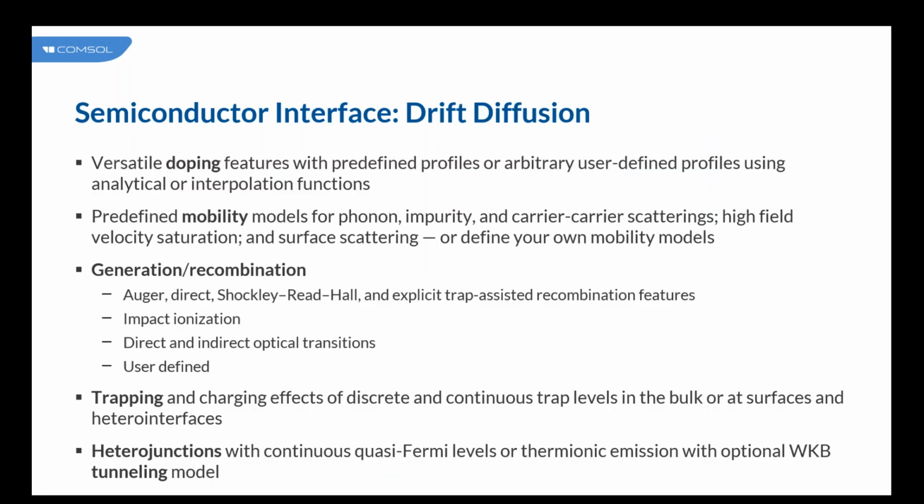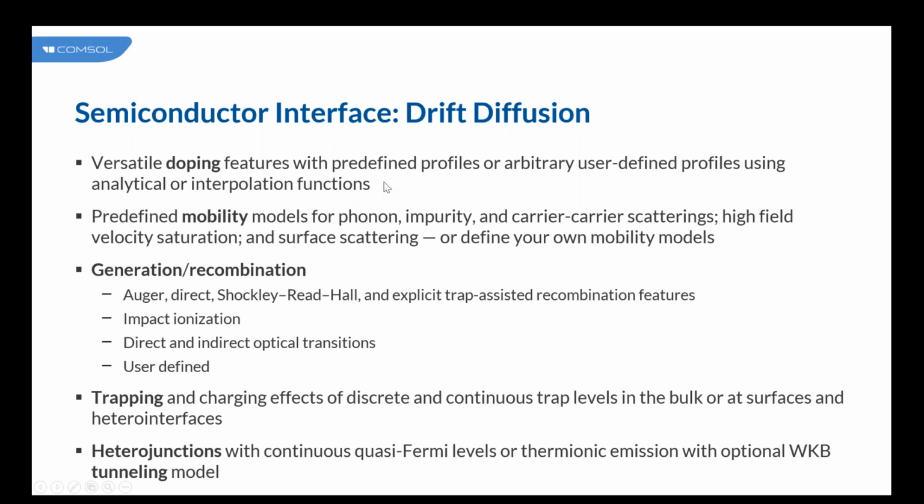We have all kinds of features for a user to add, one or multiple, to match your semiconductor device conditions. For instance, we provide majorly two types of doping profiles: analytic doping and geometric doping, to define